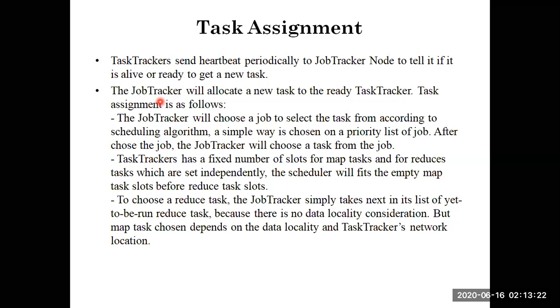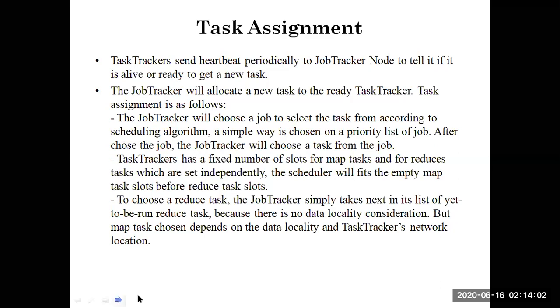Further, in task assignment, the job tracker will choose a job based on a priority or a certain algorithm. Once one job is completed, then the next one is taken. In the last session, we talked about two things, local and mini cluster. Similarly, just as we can trace the task, we can trace the job.